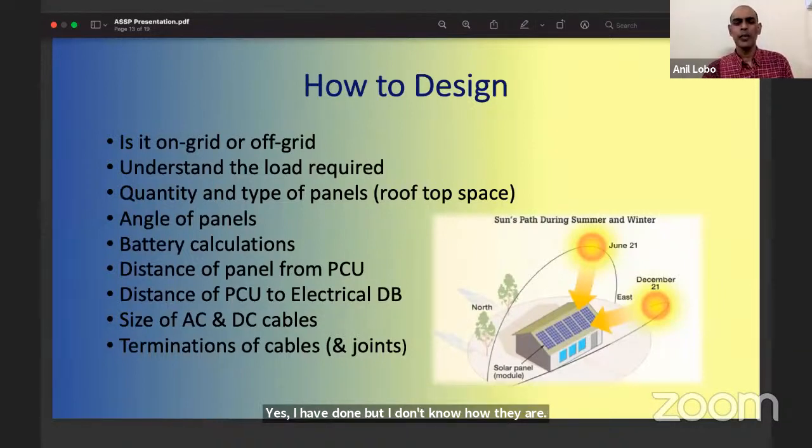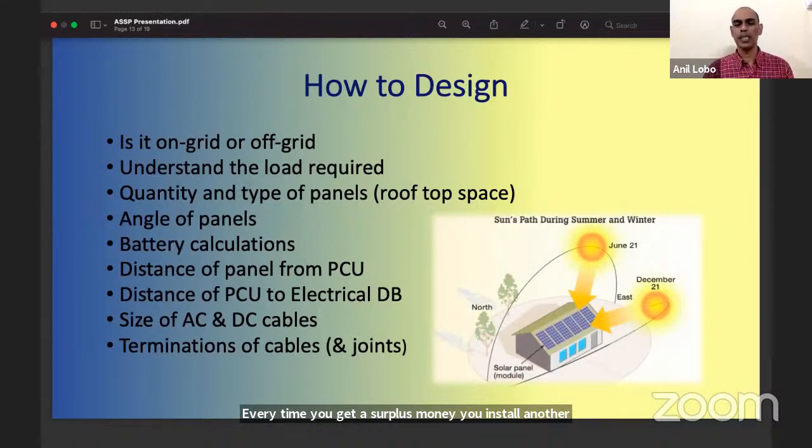No, that's fine. So the next thing you need to check is the number of panels that you're going to have on the roof and whether you're going to have an expansion or not. If your budget is half of your requirement, you can start modular. You can put a 2 kilowatt system, expandable to 5 kilowatt. So your power conditioning unit will be a 5 kilowatt power conditioning unit, but you start with only 2 kilowatts